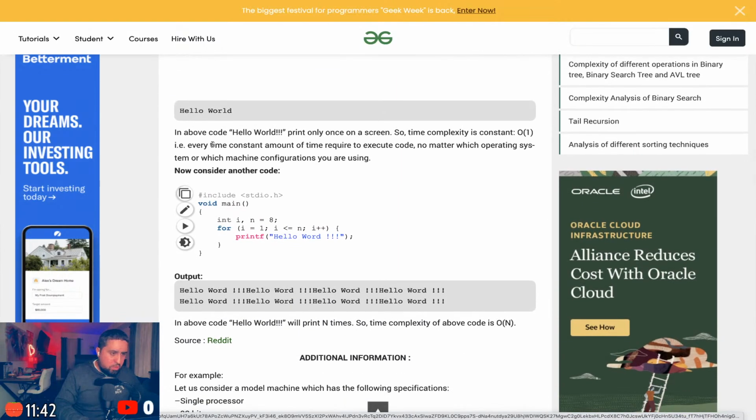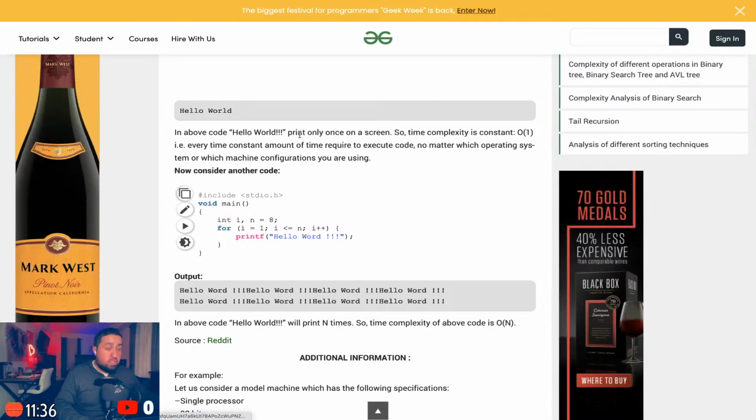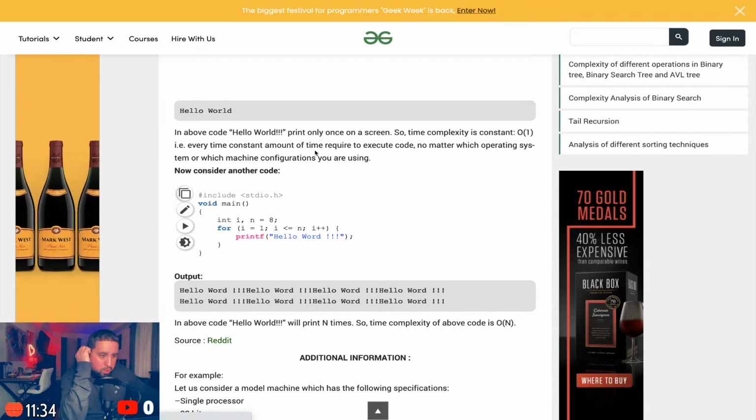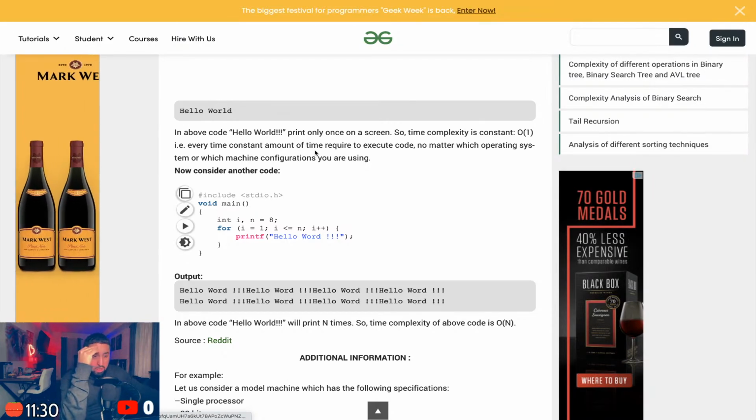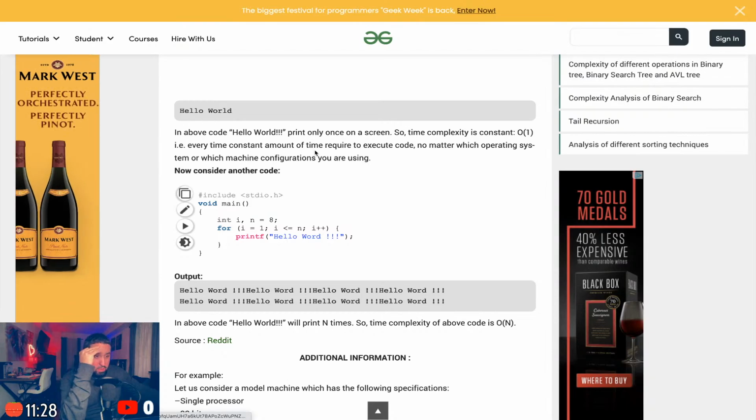Okay, here we go. In the above hello world, print once on the screen, so the time complexity is O of 1. Oh, look at that. Every time a constant amount of time is required to execute the code, no matter which operating system or which machine configuration you're using.